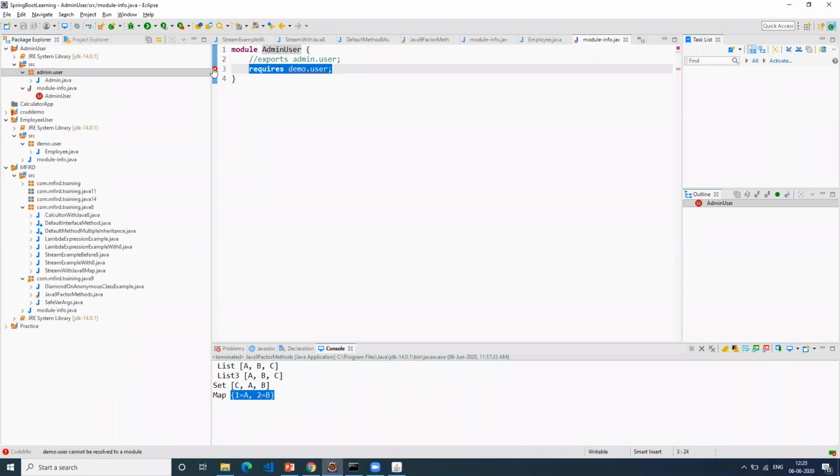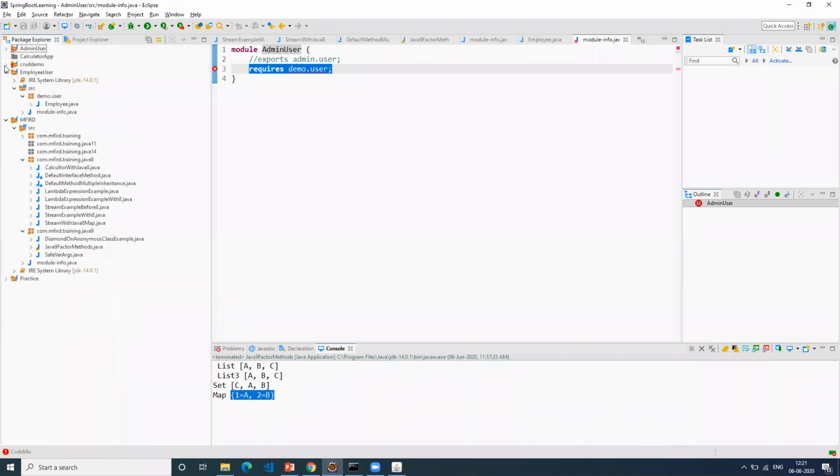Somehow it is not compiling. You need to check this out, but you can try it out in a similar way. You write your Java class, public static void, and if you execute, it will run as it is without any further changes from your side. This is just a glimpse of how the module system works.